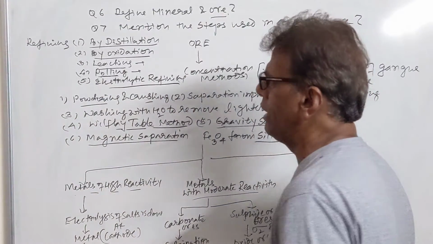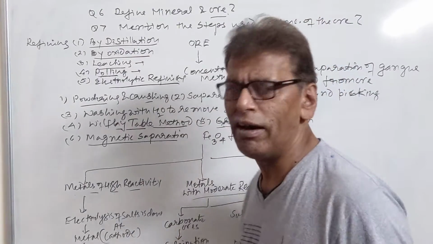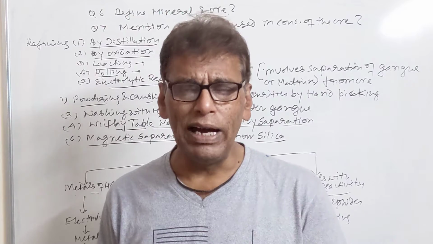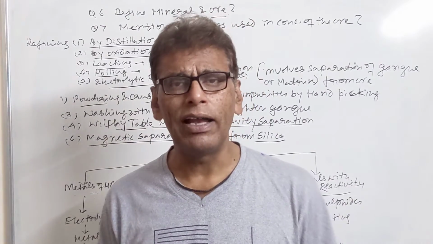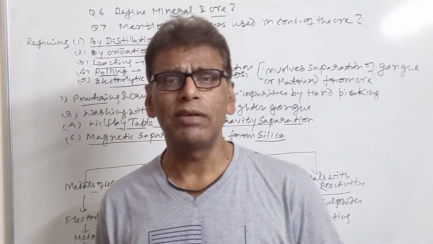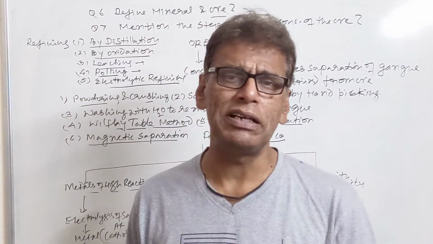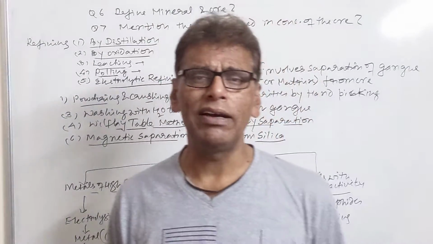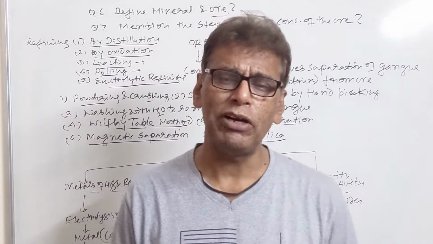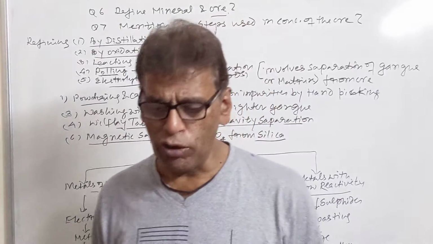So these are the ways. Then we have a number of other ways. The Van Arkel method consists of the conversion of the metal into an unstable volatile compound. This compound is cooled down and taken out. When this compound is heated at high temperature, it releases the metal in the pure state, and the other reagent escapes from its surface in the form of gas.